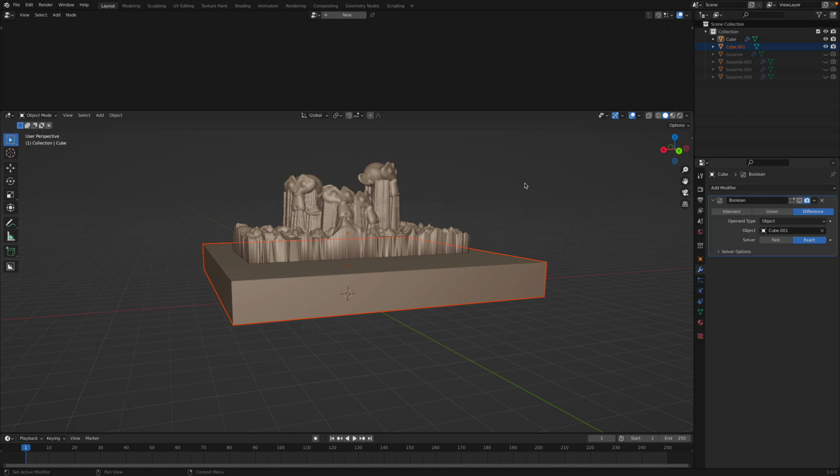Okay, I did the process twice. But anyway, that's basically the Mount